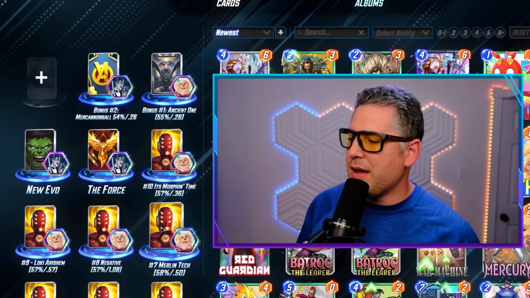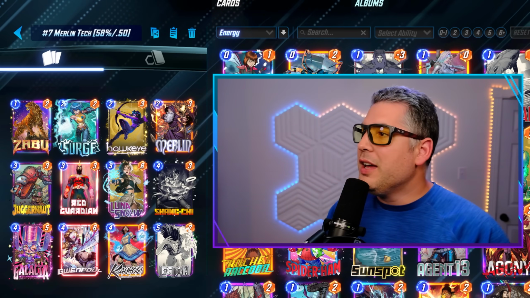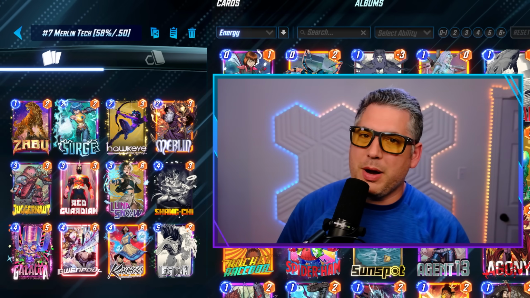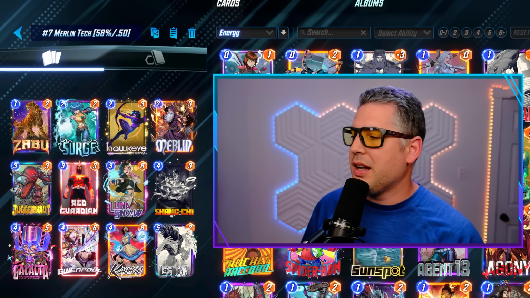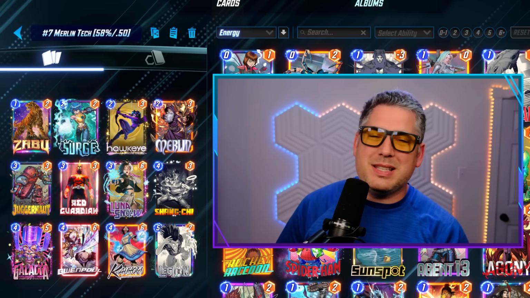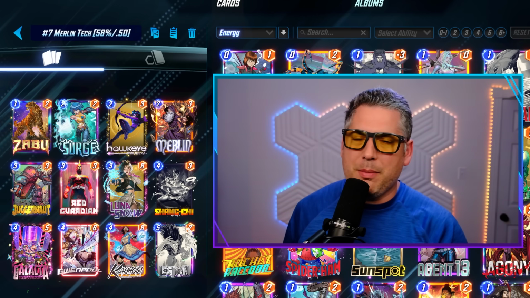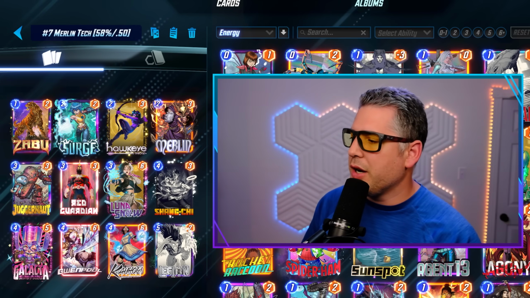That's going to take us to number 7, and number 7 is we have a bit of a string of Merlin decks here, and we have Merlin Tech running a 58% win rate and a 0.50 cube rate. This is a Merlin deck that focuses very much on the tech pieces that are inside it. You have a little bit of ramp with that Luna Snow to maybe sneak out a Legion quicker. I love the Kahori addition here, and honestly, I've been playing a lot of Kahori, specifically with the Ancient One,